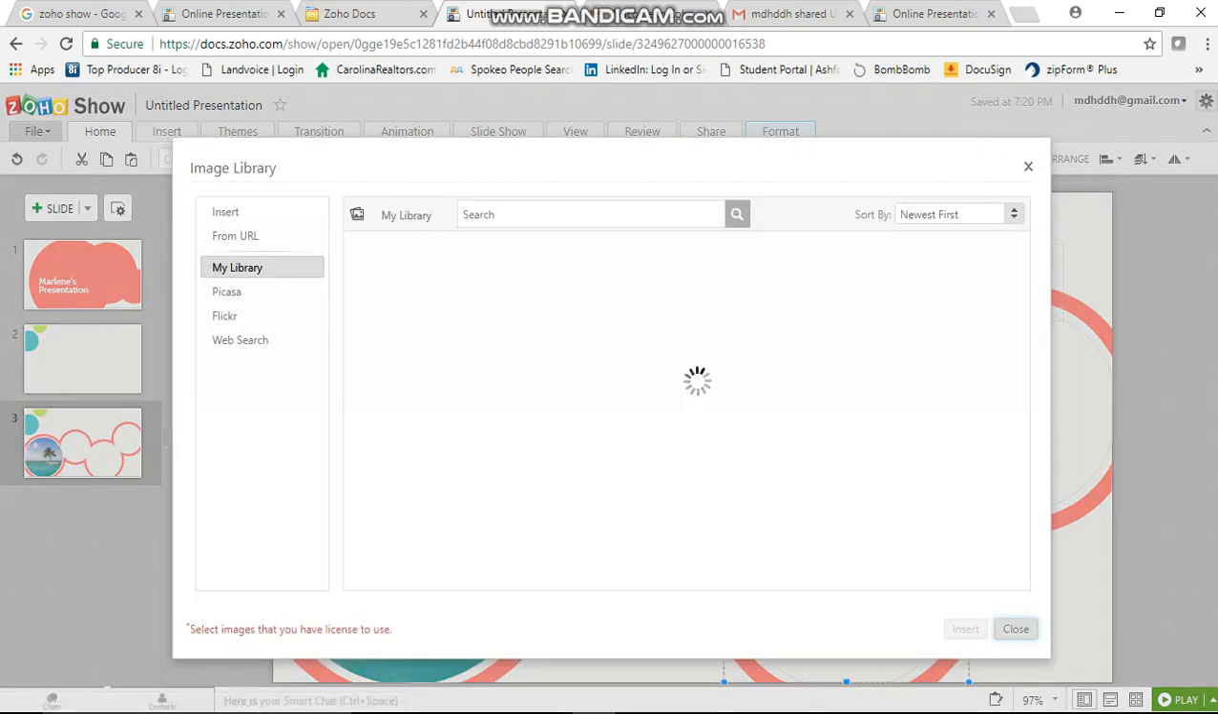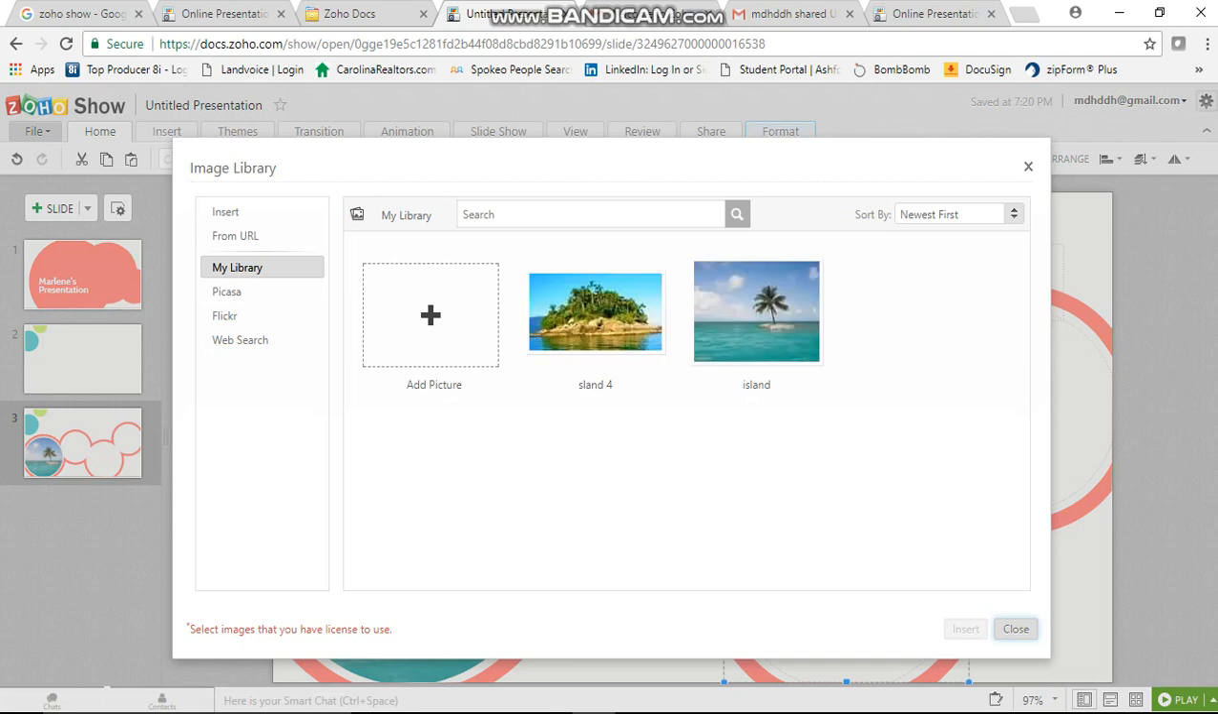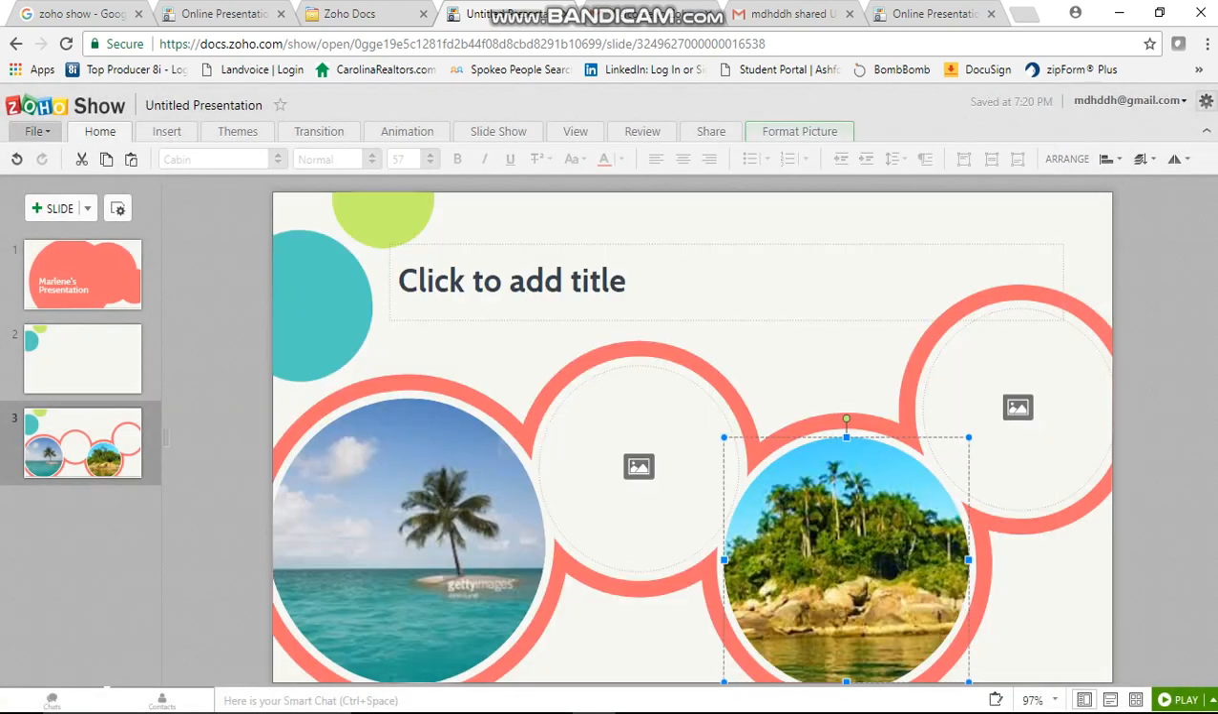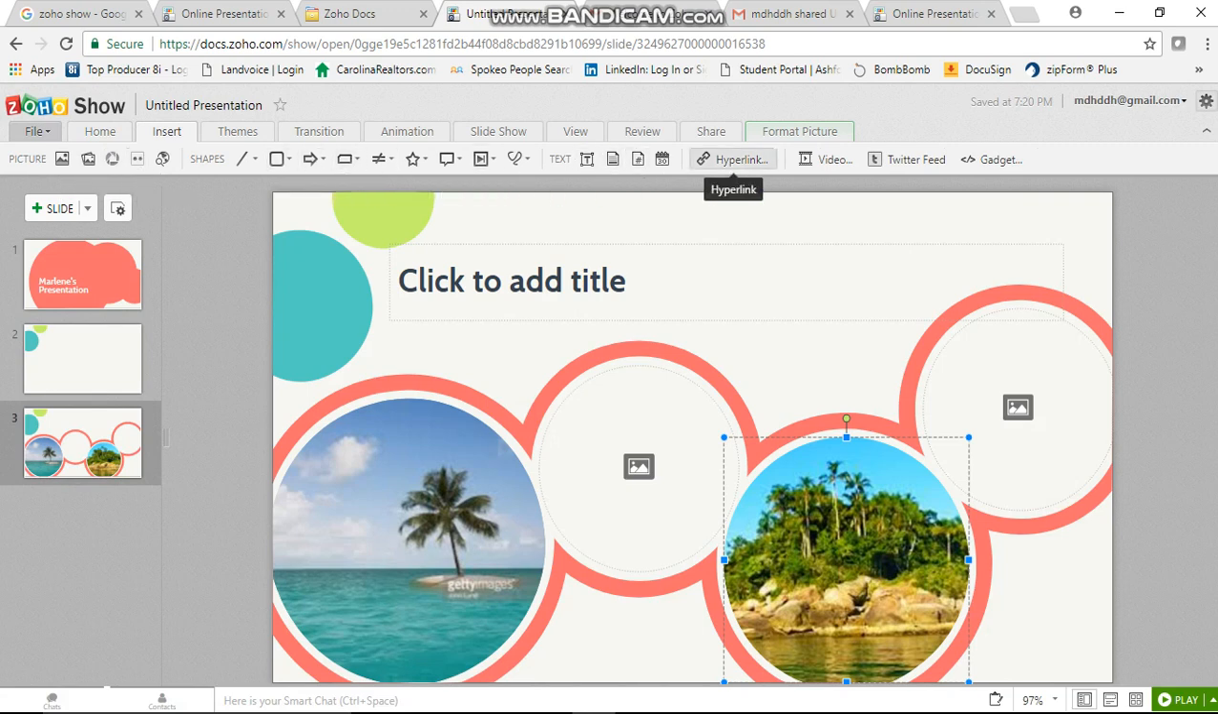Over here, let's do this one. If you notice, you can add in any pictures. These were actually from my computer. You can use Flickr. You can use the URLs from online to add it in. Let's insert. Let's see. As far as insert, you can insert pictures, shapes, text, hyperlinks, videos, Twitter feeds,